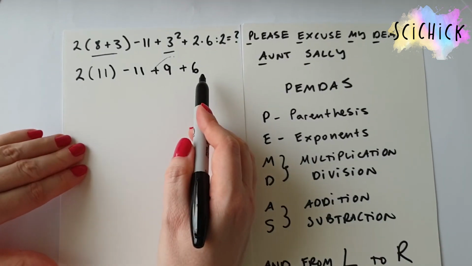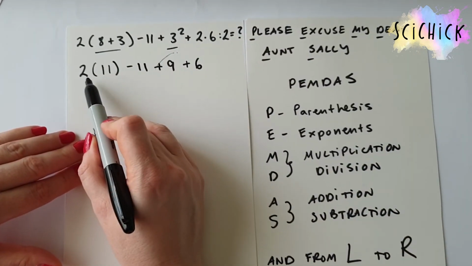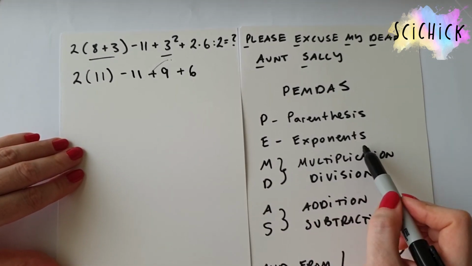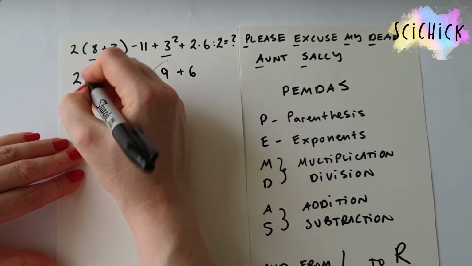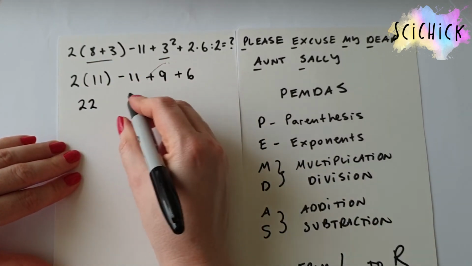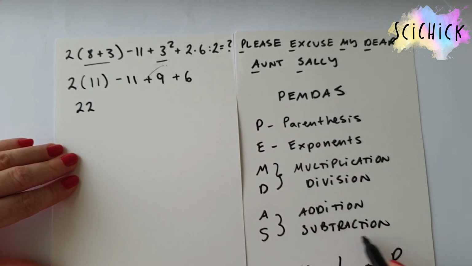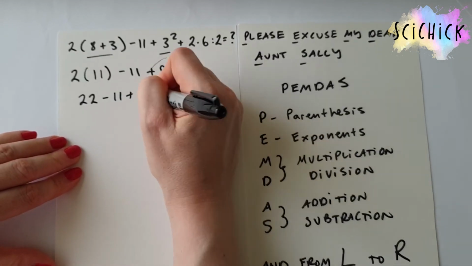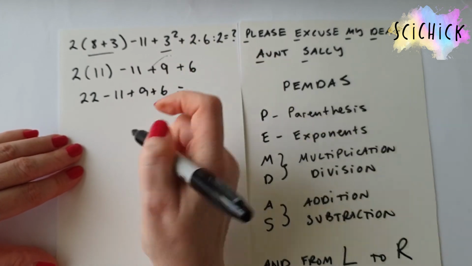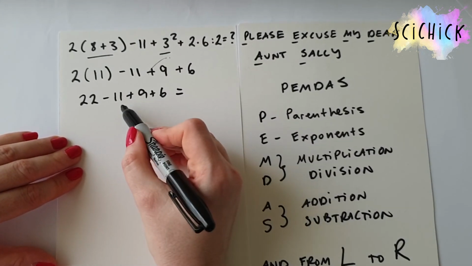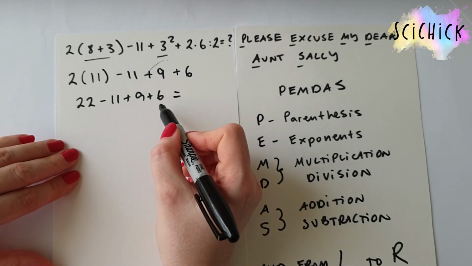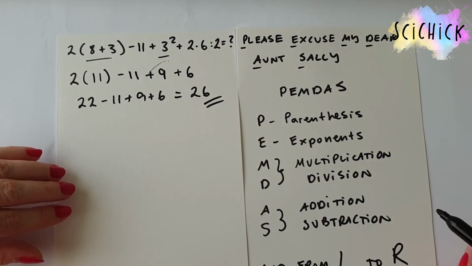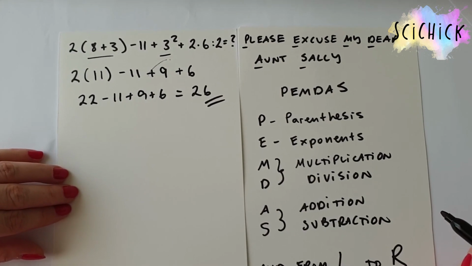Now I'm not going to calculate anything right here. I'm going to do it one more time because I still have multiplication here. So again, I start. Do I have parentheses? No. Exponents? No. Multiplication, division? I do. So 22. And do I have any more? No. So I only have addition and subtraction, and I'm going to do that from left to right. So 11 plus 9 plus 6. And now we calculate. 22 minus 11 is 11. Plus 9 is 20. Plus 6 is 26. 26. Okay? I'm sure this is becoming so easy that you're able to do it in your sleep by now,